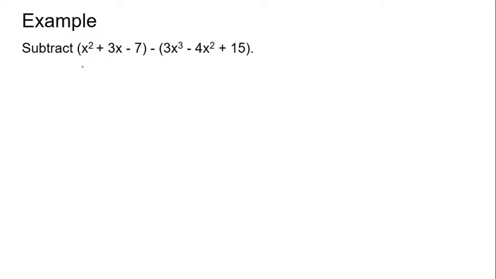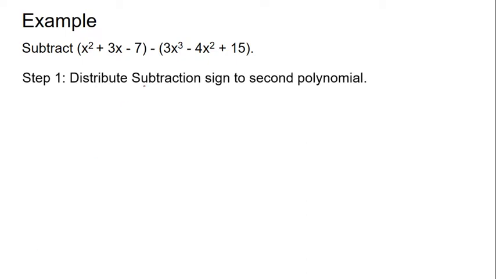So we have our example here. We're going to take x squared plus 3x minus 7 minus 3x cubed minus 4x squared plus 15. So our first step is we're going to take this subtraction here and distribute it to every one of these terms here. So we're just basically changing the sign. So instead of this being a minus, this is going to be a plus, and we're going to change all